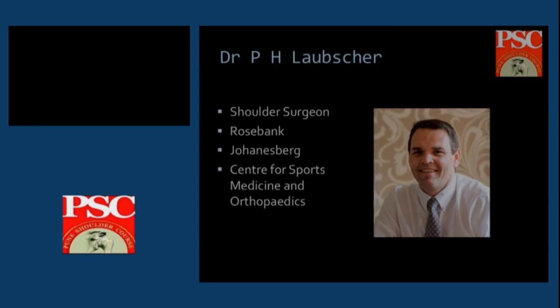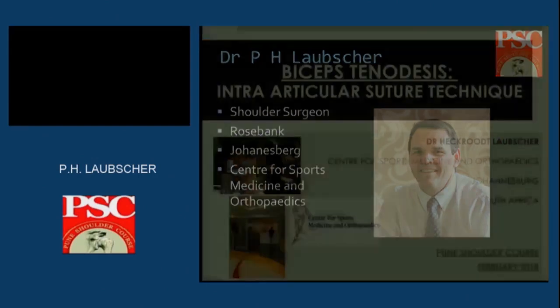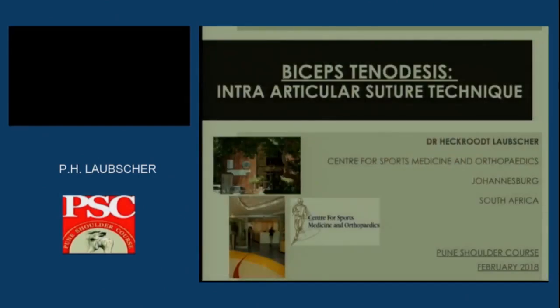Sharish asked me to share with you my technique for a biceps tenodesis. I'll briefly explain to you why I prefer to do my tenodesis this way. We had a discussion on the SLAP repair. And I wanted to share this technique with you because I've struggled with some of the other options